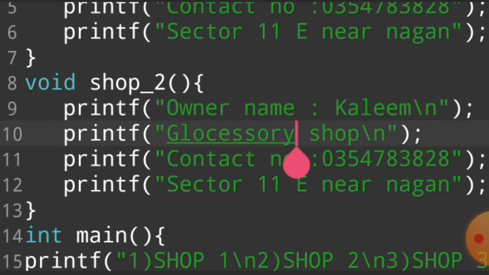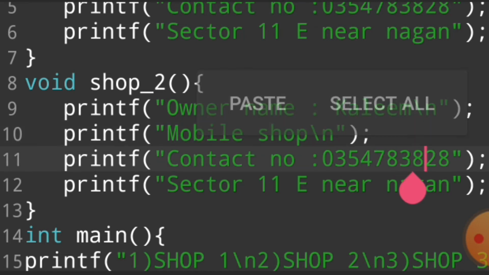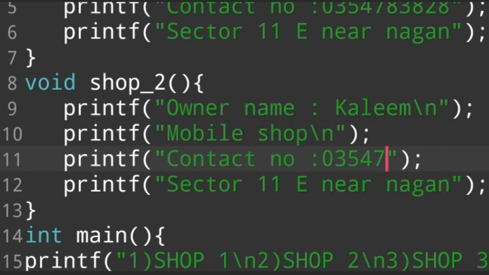So in Kaleem's shop, Kaleem buys mobiles, for example we say mobile shop. And then we write contact number, for example Kaleem's contact number is another.